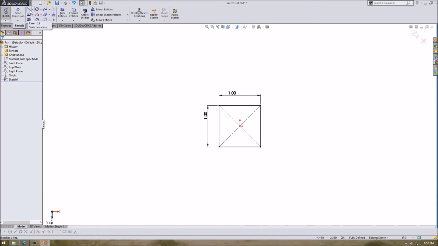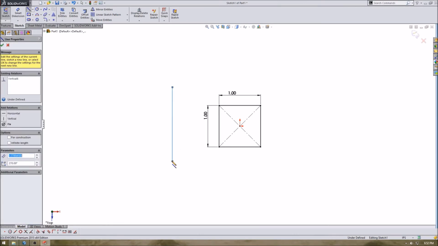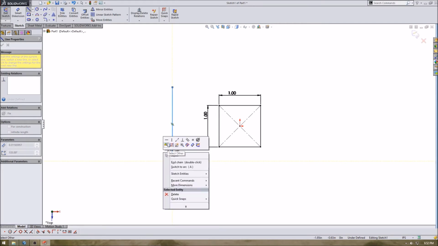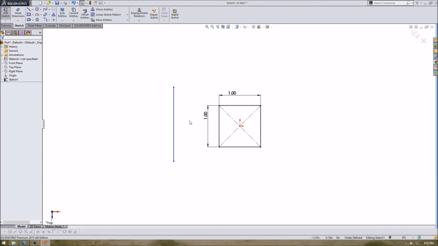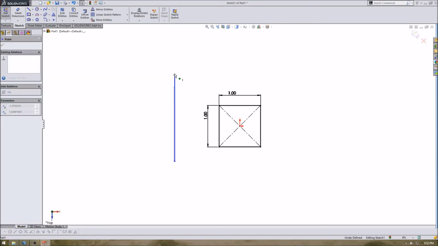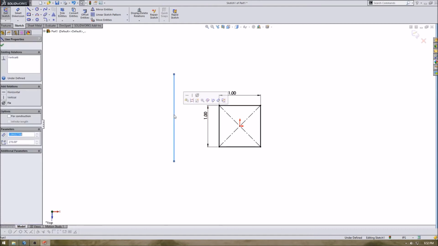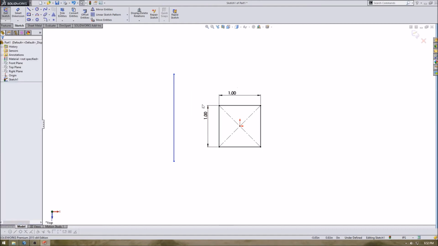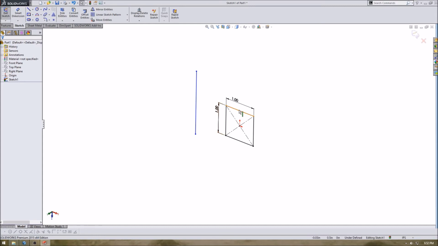I'm going to go up here and create a line, and I'm going to place that line right here. So why did I just do that? The reason I place this line is because if I'm going to do a revolve, I need to place a line so that I know where my profile is going to revolve around. This line marks the center of rotation for this closed shape. So if I rotate my sketch, I could actually show you, and you can imagine that this profile is going to revolve